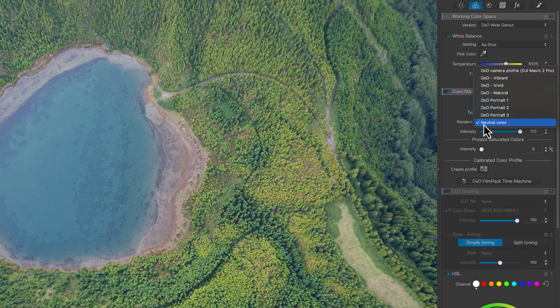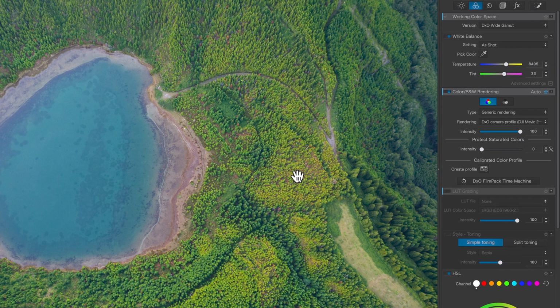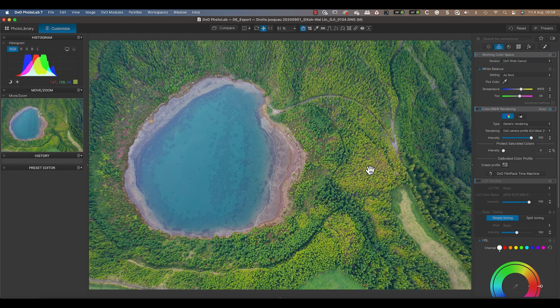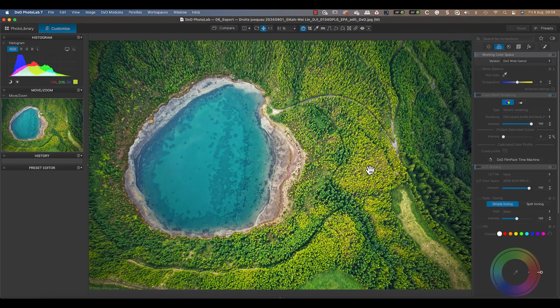in this video we look at how to export your images from Photolab. When we edit an image in Photolab, our adjustments are stored in a database rather than applied to the image. This means that our editing is non-destructive. Then when we've finished, we export our image, which applies our adjustments to the new copy.